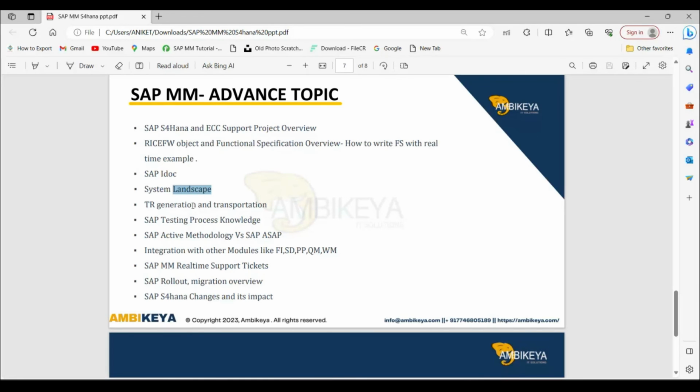one system. That is, the development system is for customization, quality is for checking whether the customizations are working correctly or there is any inconsistency, and production is the live system where the end users are working. So we will give you the landscape of all three systems. Then we will show you how the TR is generated and how we can transfer the TR from one system